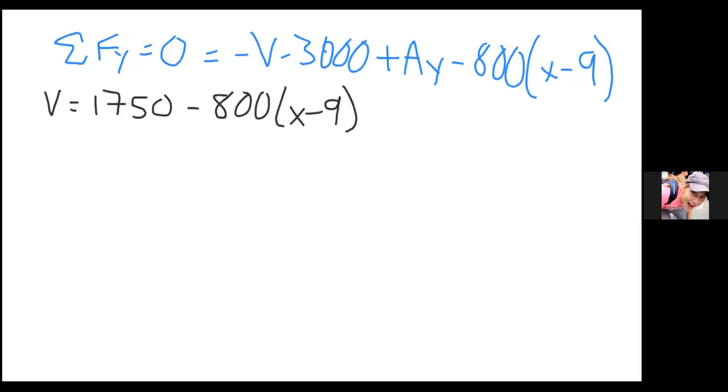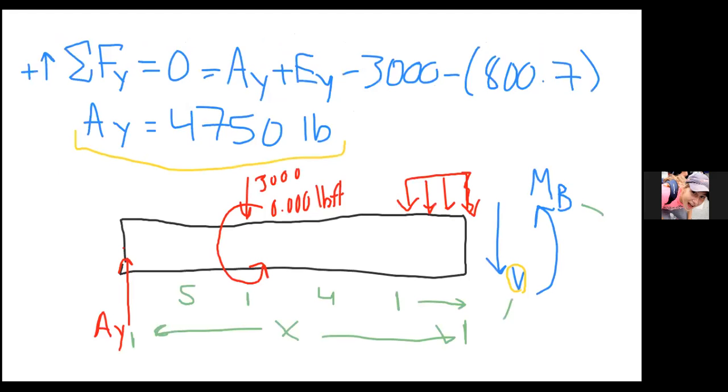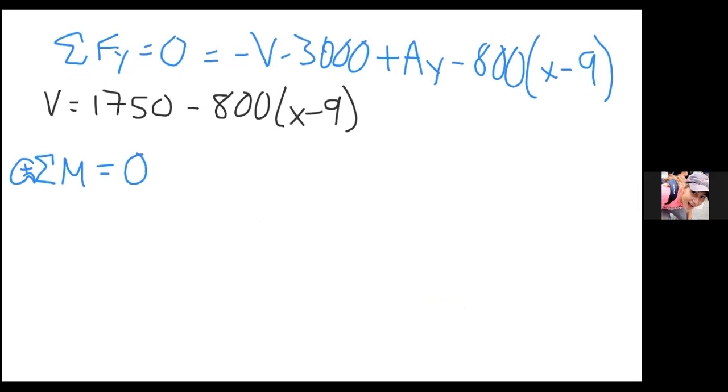So now I'm going to look at the moment, which is going to be equal to 0. And the place that I'm actually taking this moment is the end of the beam, right? So if I go back to my last drawing, you can see here, the point that I'm actually taking the moment about is the point right at the end of the beam, right here. This point I just drew in green is where I'm taking the moment about. So that's where we need to measure our distances from. So if I go back to the calculation,